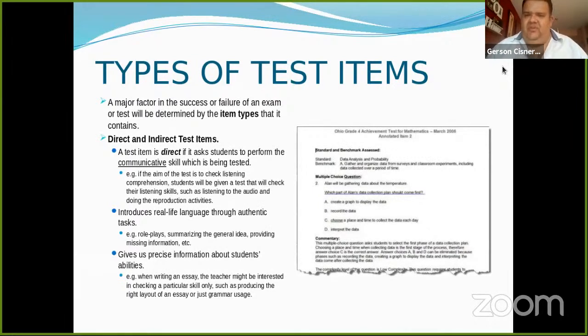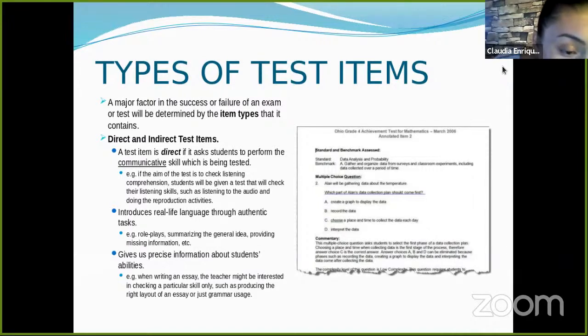Can you read the next point, Claudia? Your audio, Claudia. I'm sorry. A test item is direct if it asks students to perform the communicative skill which is being tested. E.g., if the aim of the test is to check listening comprehension, students are given a test that will check their listening skills, such as listening to the audio and doing the